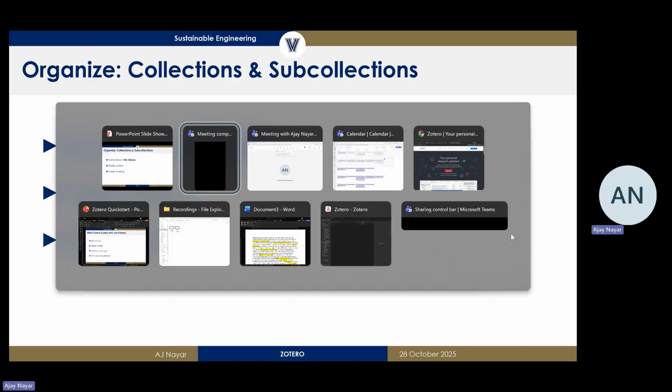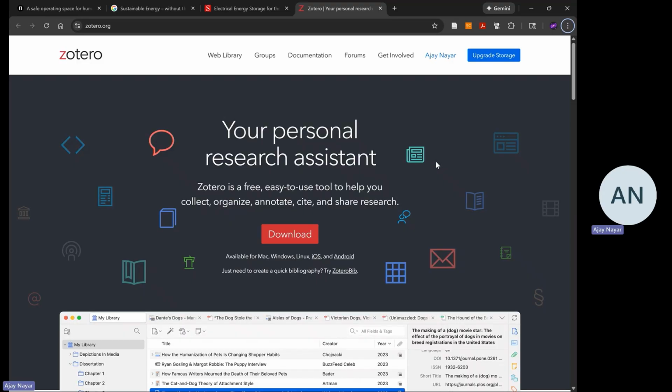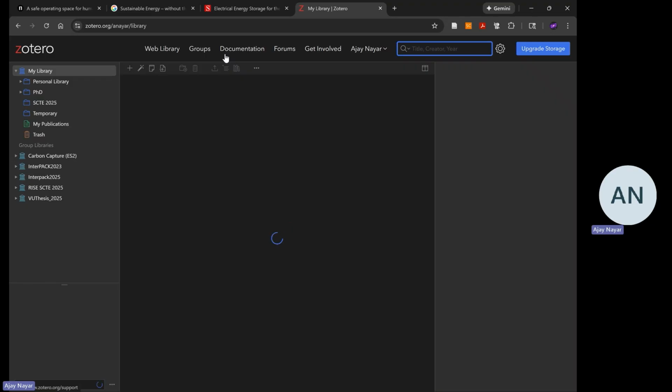So let's go to the web page where I've signed in right now. You see that you have a documentation point, you have the forums, you have a lot of other links. The documentation is quite extensive, and you can become quite good with Zotero if you just read through. A lot of these commonly asked questions are there, which you can search for and get your answers pretty clearly. Now, if I click on the web library, that's the online portal, the web portal through which